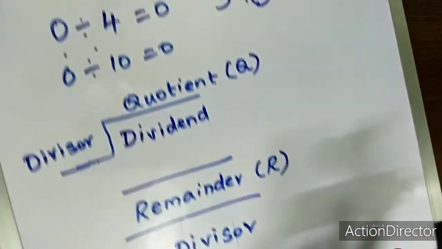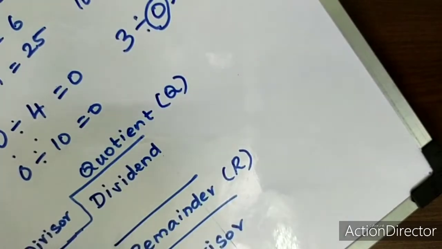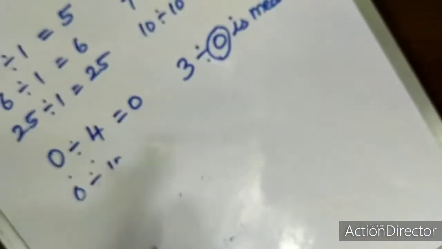With this we are going to move on to exercise 5.8, that is checking division. You all know how to do long division, right? Now we are going to do the division and check whether the answer we got, that is the quotient and remainder, is correct or wrong. First we'll do one sum.